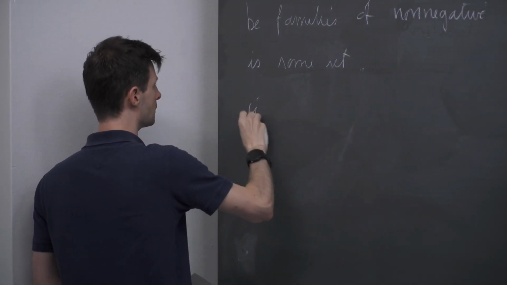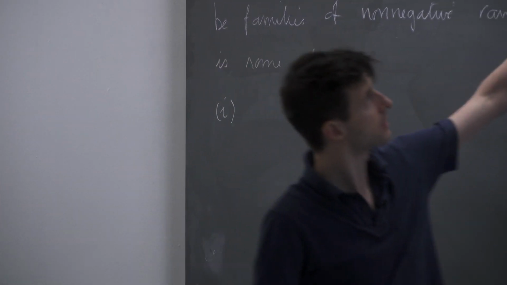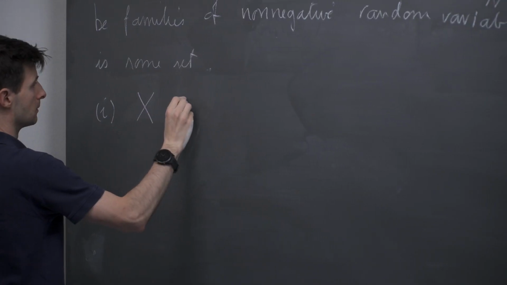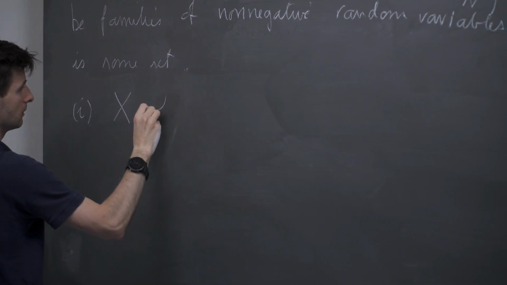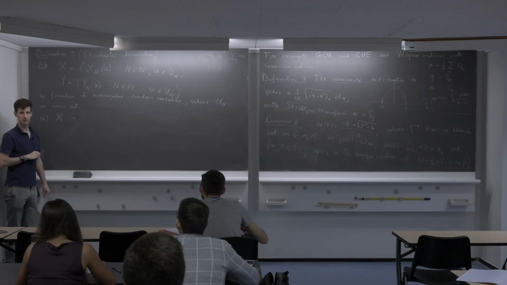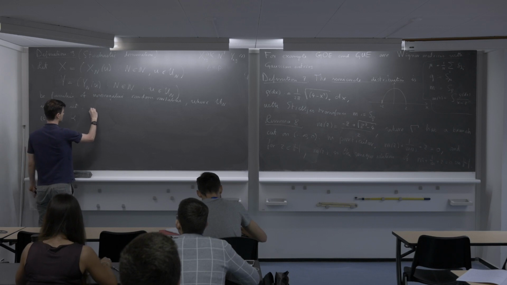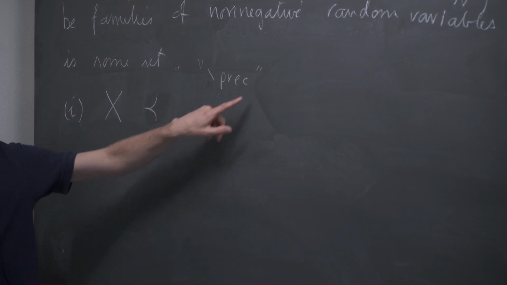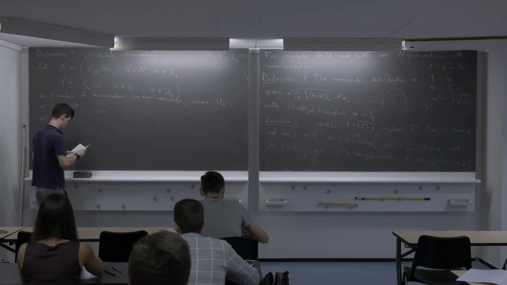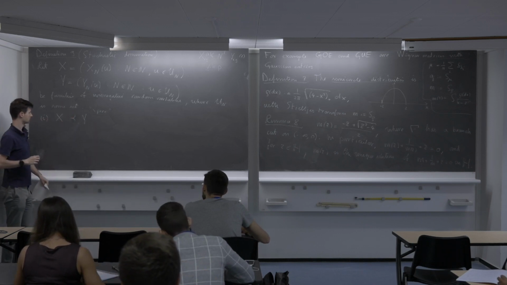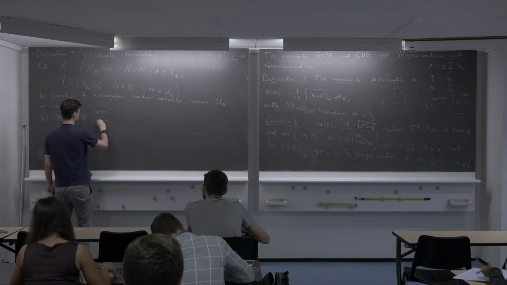So then we introduce this notion, and if this holds, we will use this notation, so X. It's not very easy to draw. I will try to make it nice the first time. It's this kind of order relation, this symbol that can be used for abstract order relations. In TeX, if you write it, it's this command. So then we say that X is stochastically dominated by Y uniformly in u